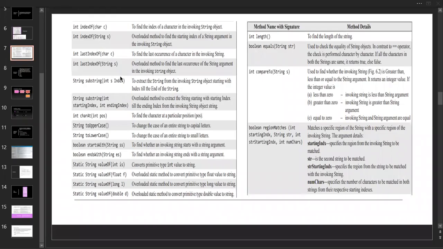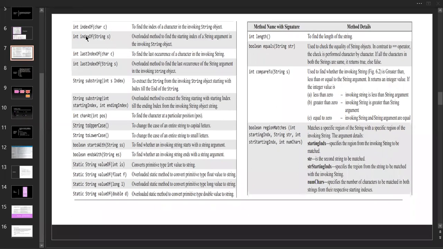So each and everything over here, we just discussed everything, and the important topics I just covered. If I left anything, based on that we are going to discuss. The very important thing is the valueOf method, which converts the primitive type to a string value. This is the important one, just remember this one, and these two, uppercase and lowercase.